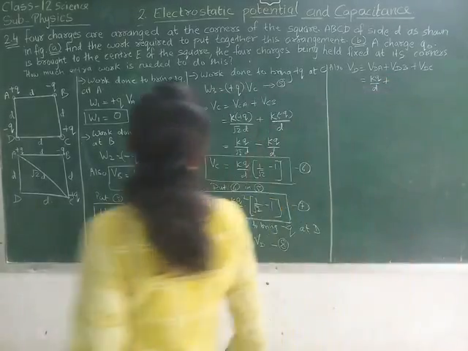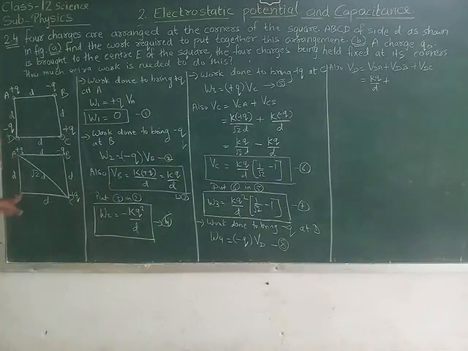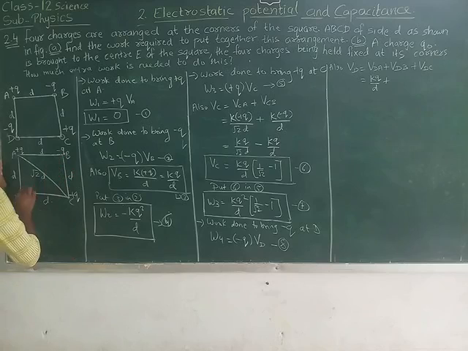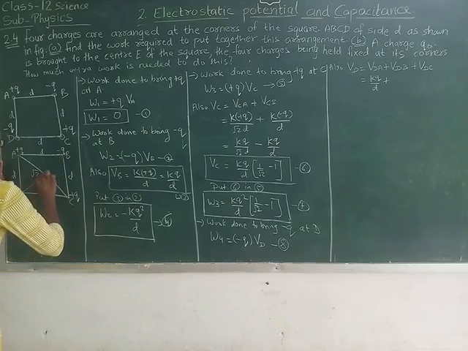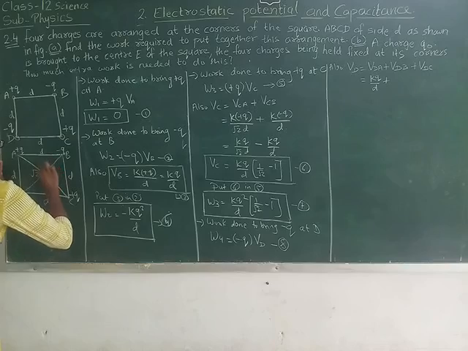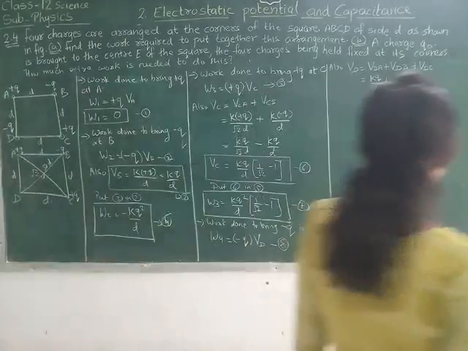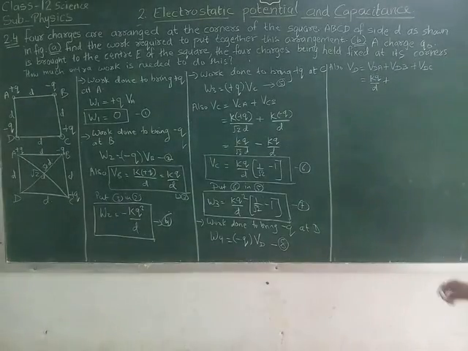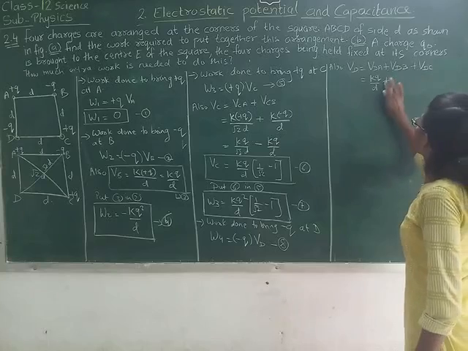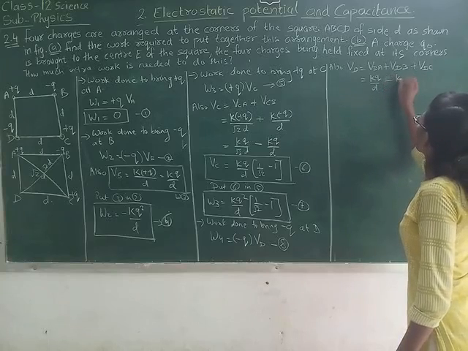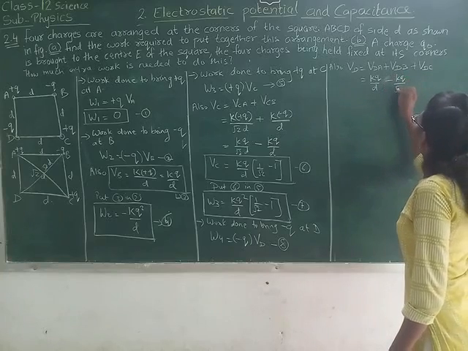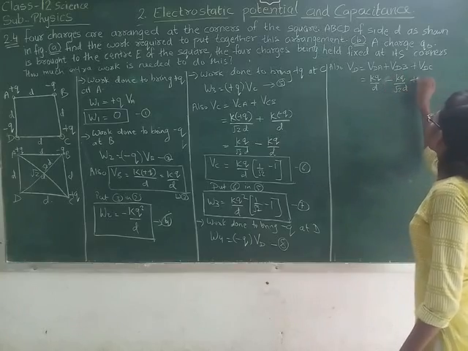Now potential at D due to the charge at B. So the charge is minus Q, so it will be K into minus Q upon distance between D and B, that is again root 2D. So K into minus Q upon root 2D, that is minus KQ upon root 2D plus